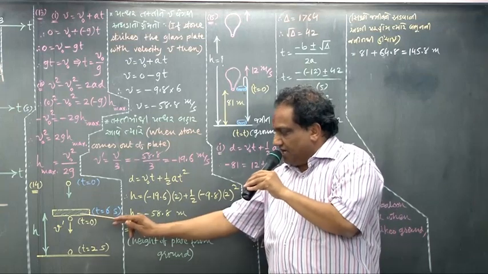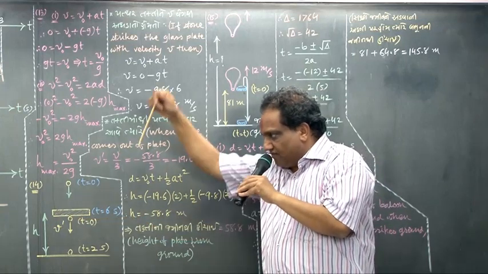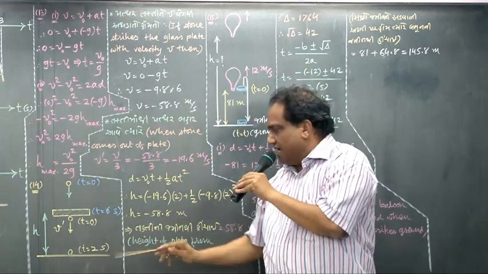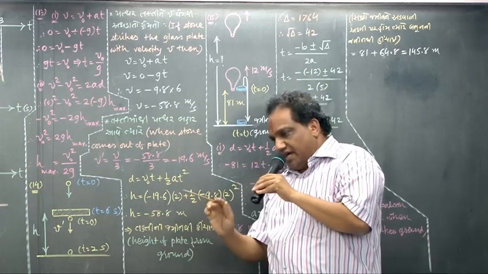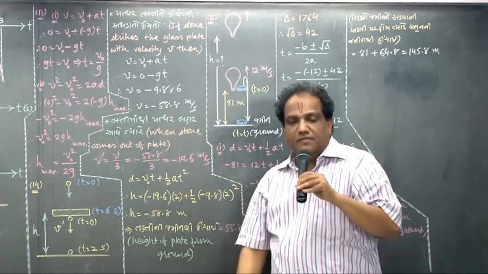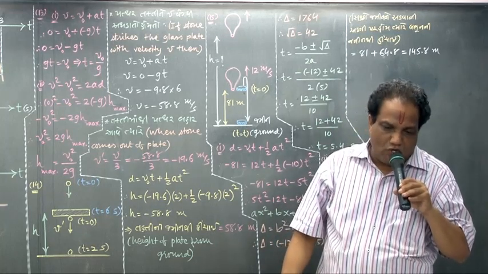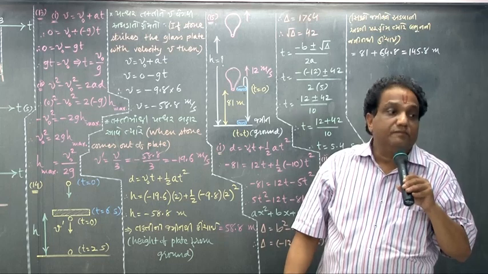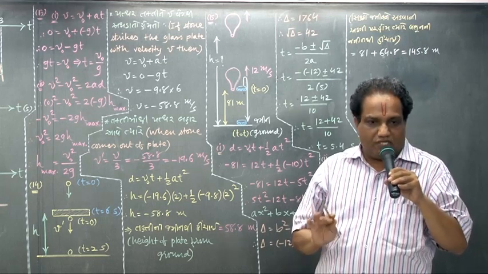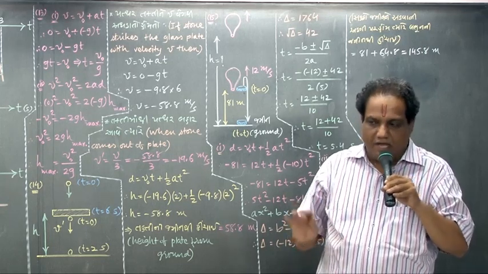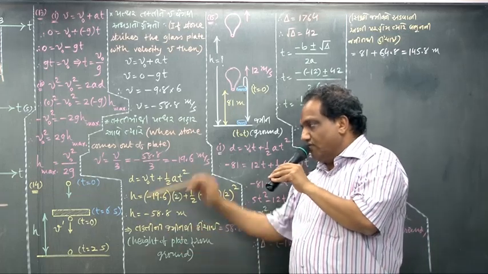Correct. The displacement undergone by the stone is vertically downwards. That's why height should come out negative. In the textbook they have done the wrong thing. You see, in the textbook they have taken H equal to minus H. You cannot take it that way. Ultimately this displacement is undergone vertically downwards.